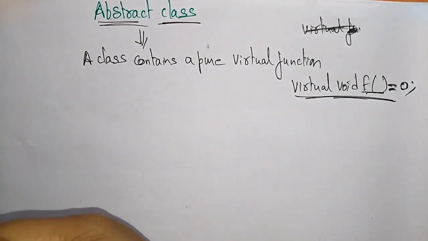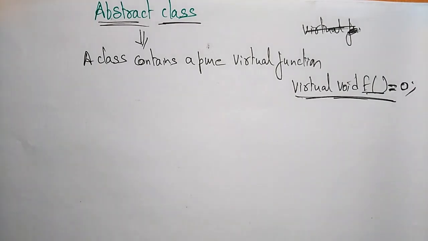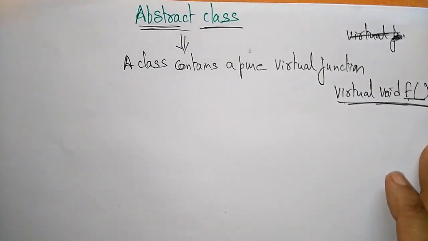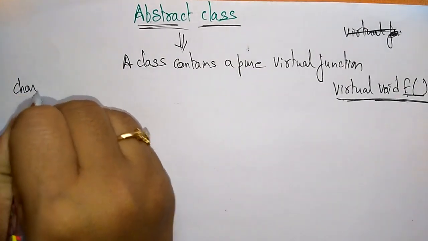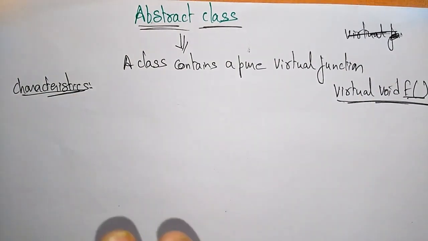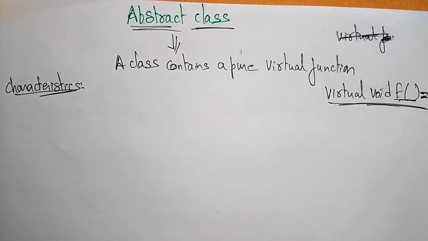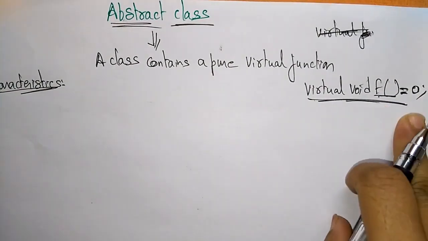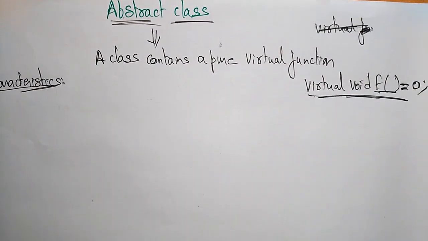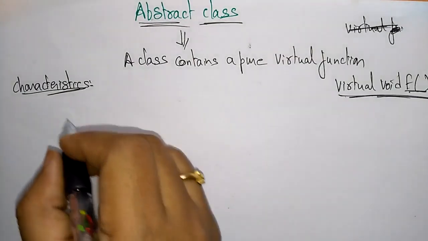So why are we creating a class with a pure virtual function, and that class we say is an abstract class? Before going into that in detail, let us see the characteristics of the abstract class. Don't be confused. An abstract class means a class contains a pure virtual function. A pure virtual function means a function is equal to 0. All the classes that contain this function, you call them an abstract class. So the characteristics are: